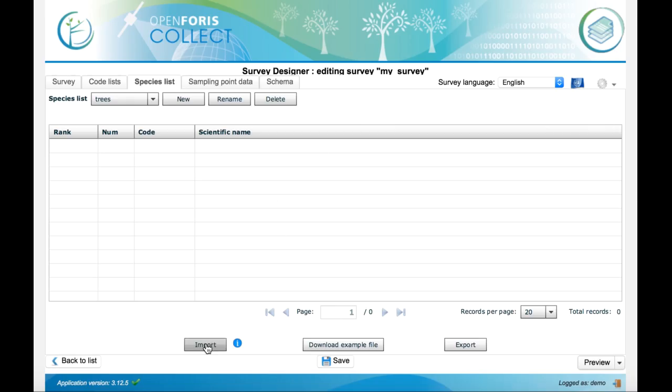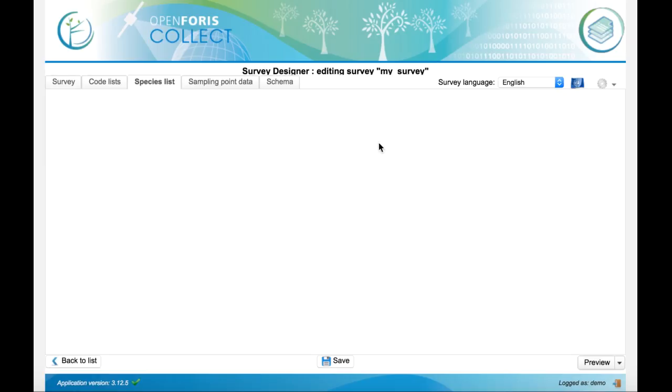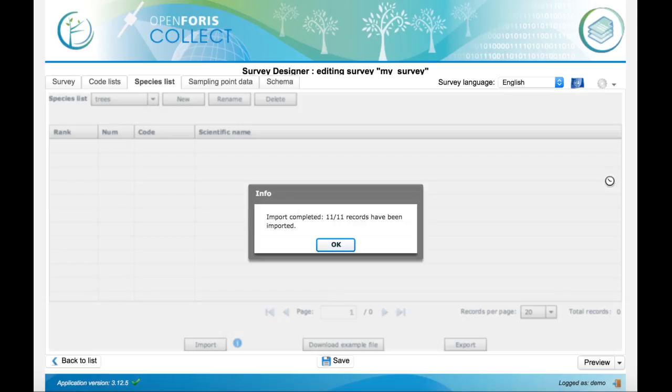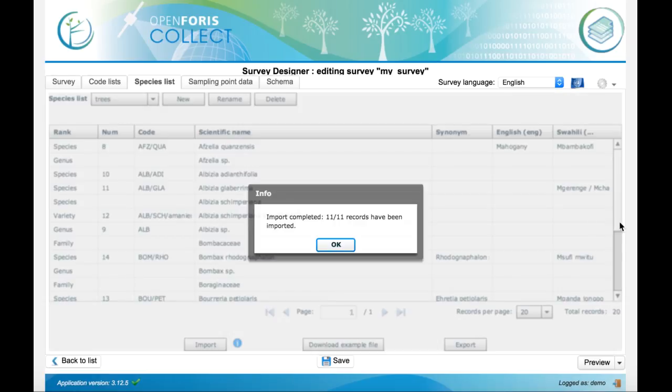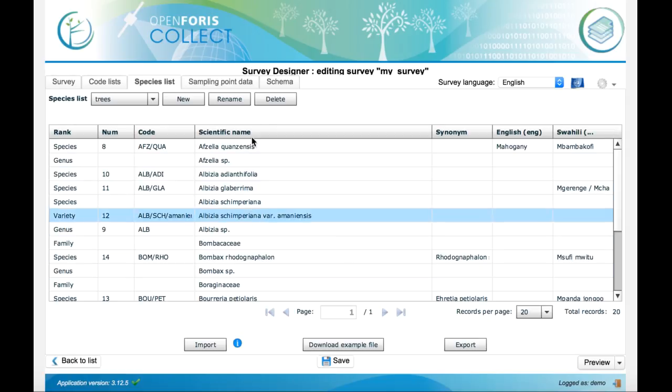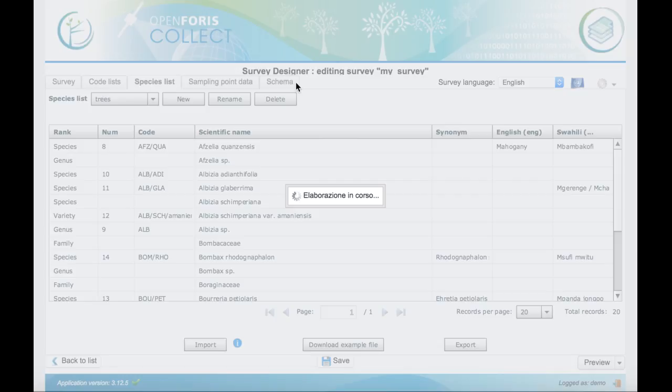Okay, now we will import the example file that we just downloaded to the download section, and import the file that we just downloaded before. Okay, now you can go back to the schema section.